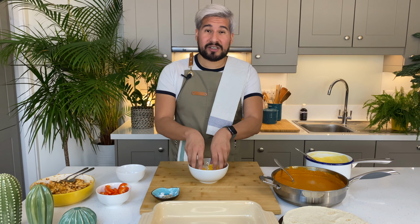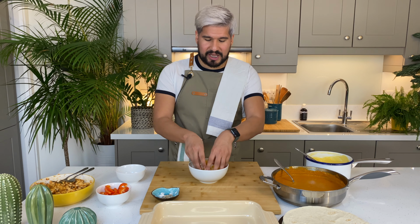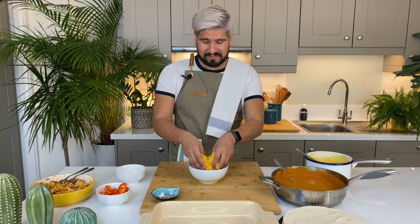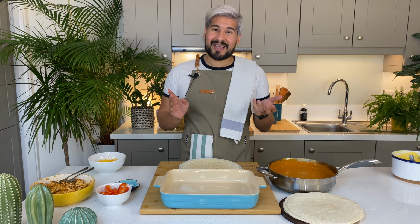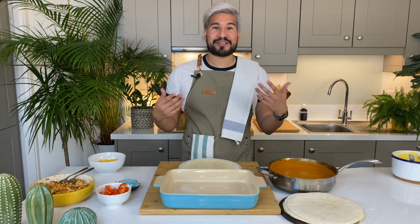Traditionally, you would use queso fresco, which just means fresh cheese in Spanish, but I don't actually know what that is, so I'm just gonna use cheddar. Finally, I'm ready to assemble my enchiladas. As far as I know, enchiladas in Spanish actually means to cover something in cheese, and I think that relates